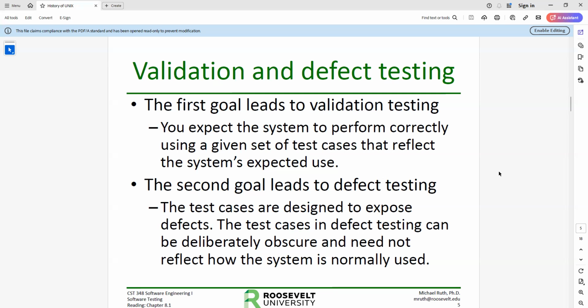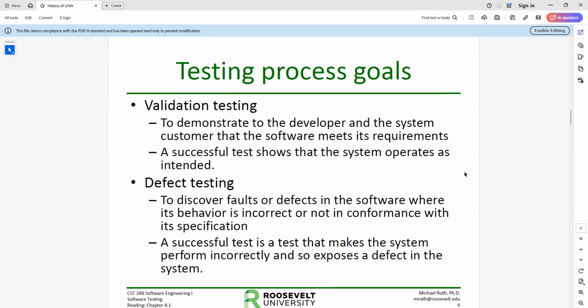Validation testing looks a lot like acceptance testing, because part of it is, but the second goal, defect testing, is more about making sure the program is not going to blow up when a user gets it, is not sure what to do with it, and enters in incorrect data or what have you. We want to make sure the system's not going to crash. So we end up with validation testing and defect testing as our primary testing goals.